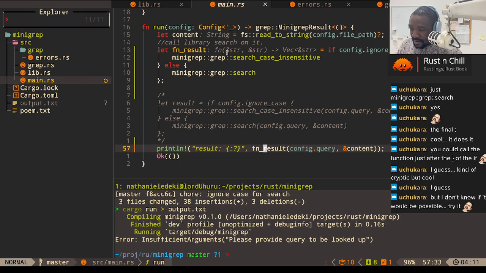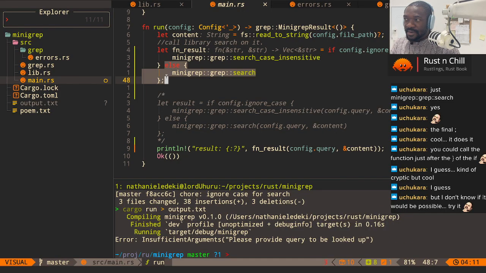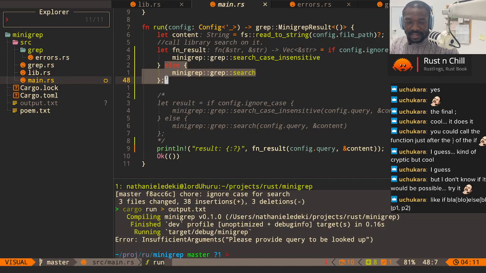Or you're saying you could call the function just after this of the if. So like after this of the if, what about the else? How do you mean? Like if blah, if blah blah else that, and then